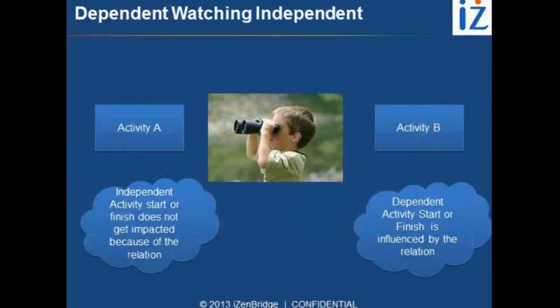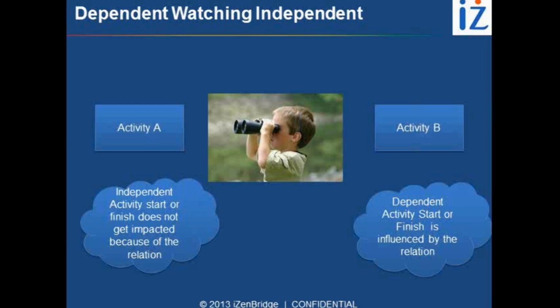So we can define it like this: there are two activities. When we get into the relationship, one activity is independent and another activity is dependent. To define the relationship, we need to visualize that one activity is doing some work, but the second activity, which in this example is activity B, is dependent on the first activity. It means the starting of the dependent activity B is influenced by either the finishing or the starting of the independent activity.